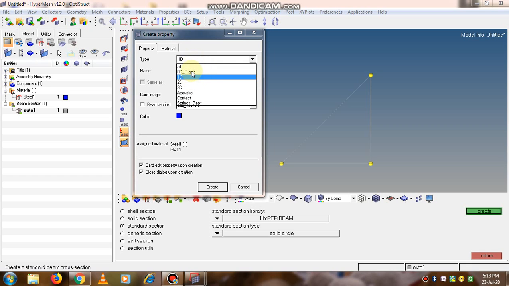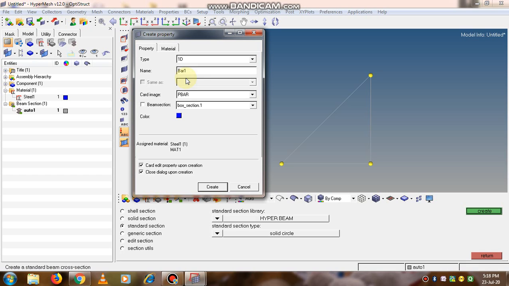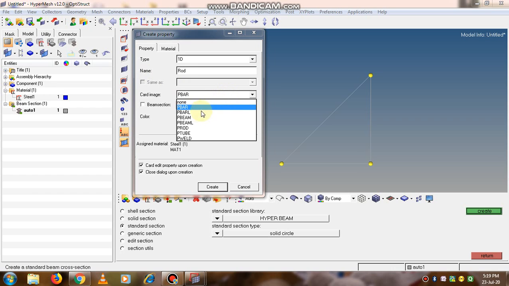So out of that we will select 1D. So first we will create a rod element. Now this is a 1D element. Rod elements are basically used where there is only a tension and compression type of load. So select this P rod.